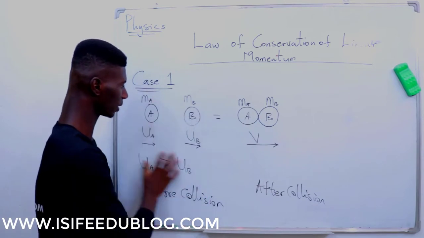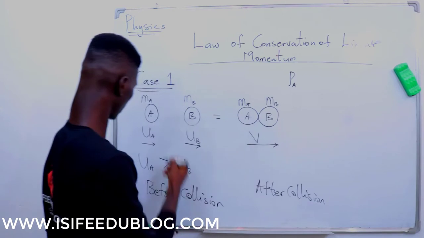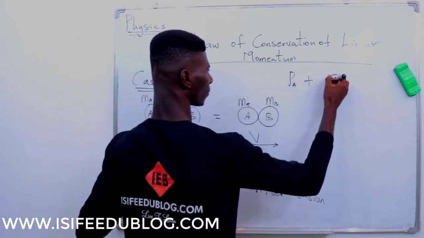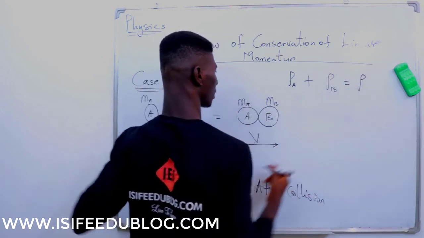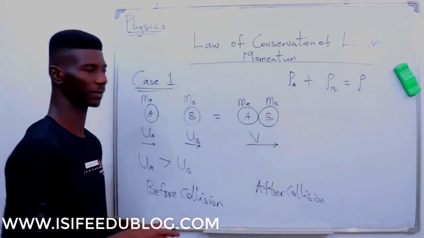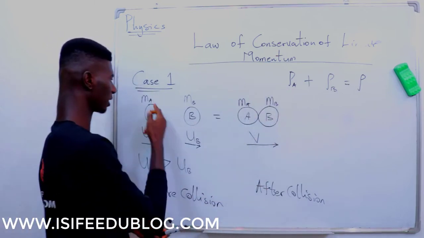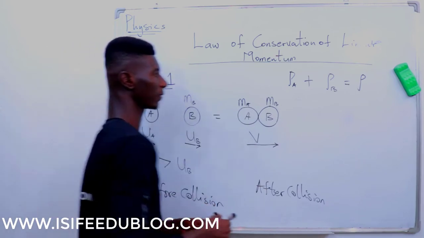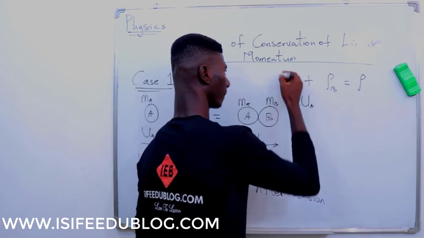Now, the total momentum before collision, we have the momentum of body A plus the momentum of body B will give us the total momentum after collision. So what is the momentum of body A? Momentum is the mass times velocity. So we have MA times UA